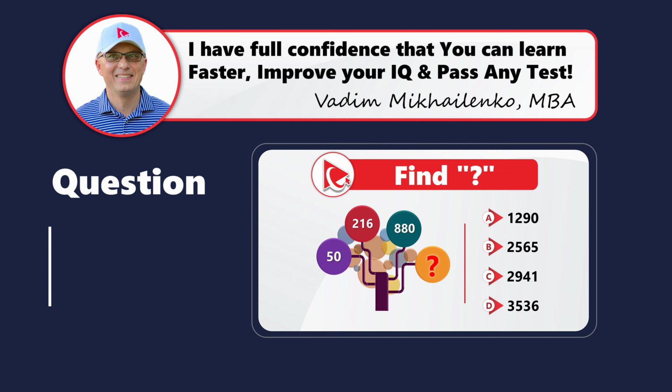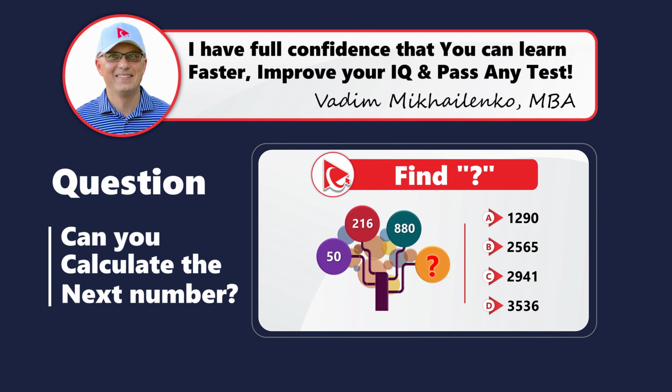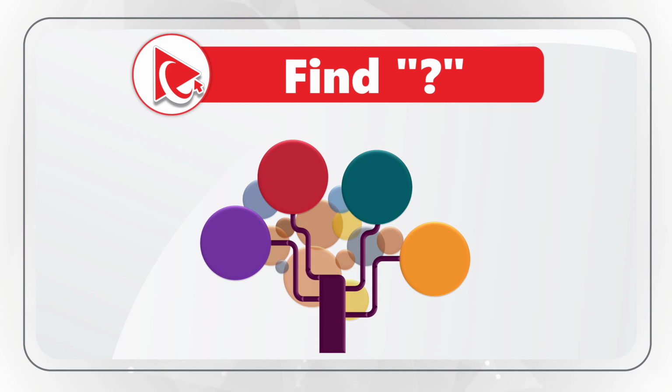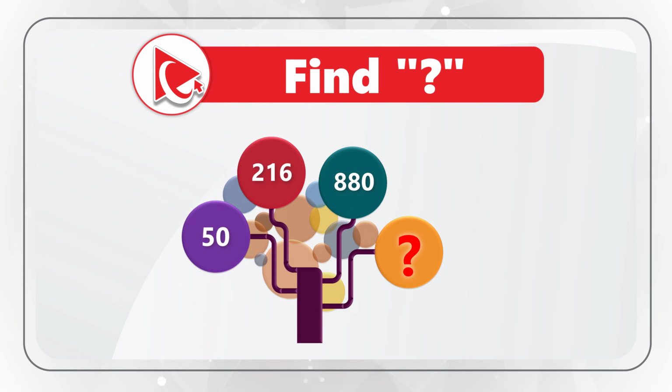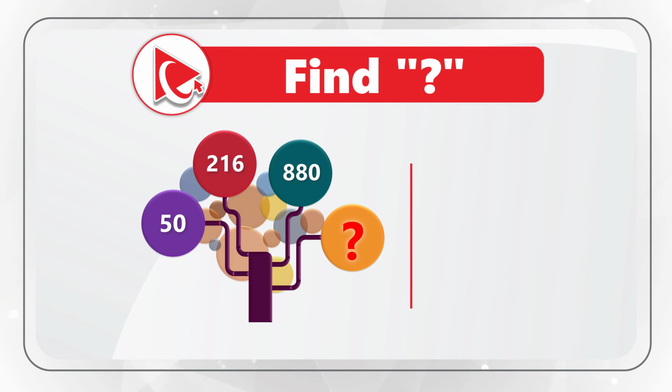Here's an amazing question where we need to find the missing number. You're presented with a tree-like structure, and it has numbers in the circles on the top. The numbers are, if we start from the left, 50, 216, 880, and then comes the missing number. You need to calculate and select the missing number out of 4 possible choices. Choice A,